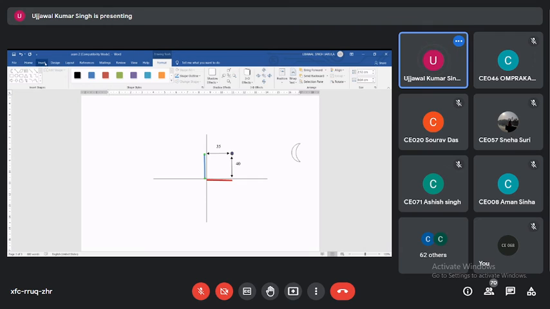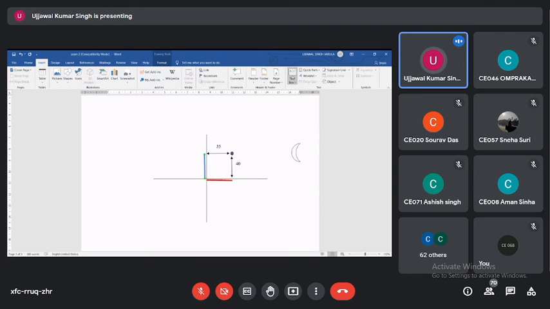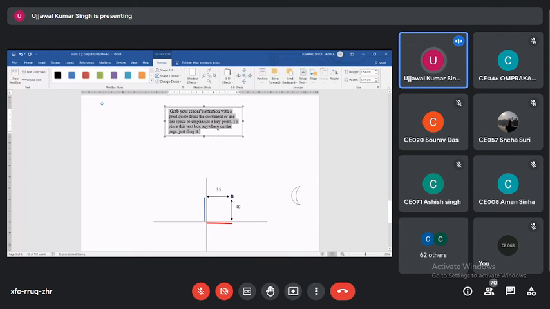ठीक है, इसको नेमिंग कर देते, नेमिंग तुमको इजी रहेगा। सपोज हमारा पॉइंट ए है, ए